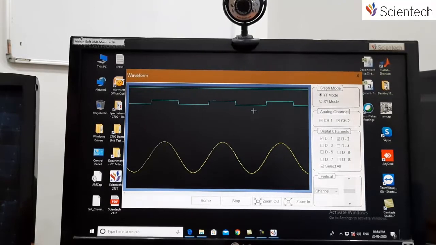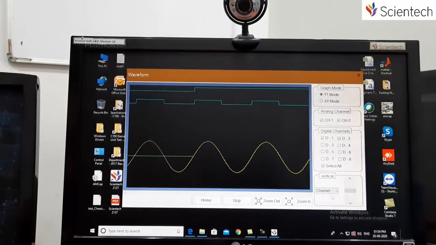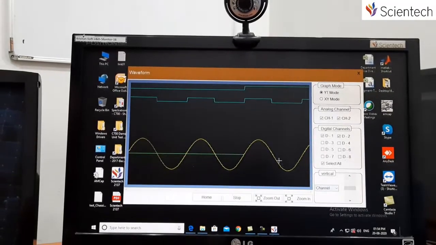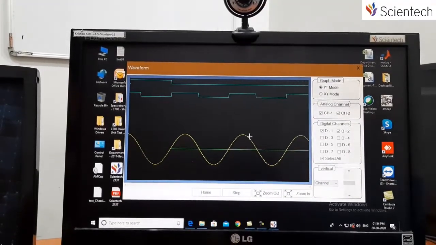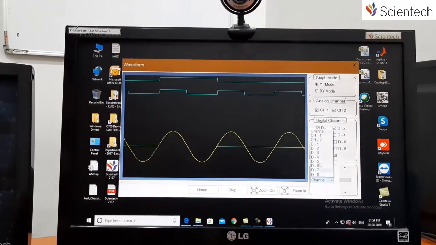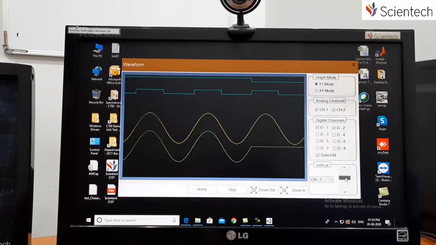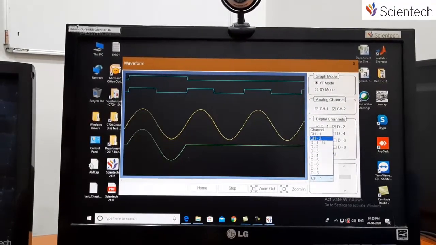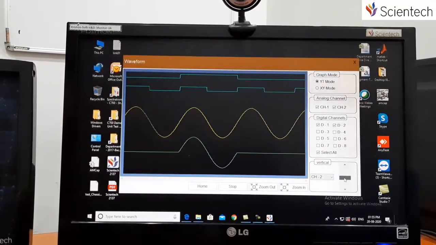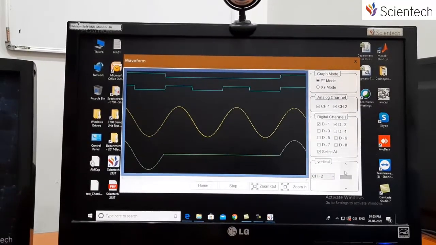D2 is our clock on which the data is getting sampled. In channel 1, in order to see channel 1 and channel 2, we can go into the selection, Y position, and then we can just scroll it down, and you can see the sine and cosine wave, sine and the modulated signal, the ASK modulated.